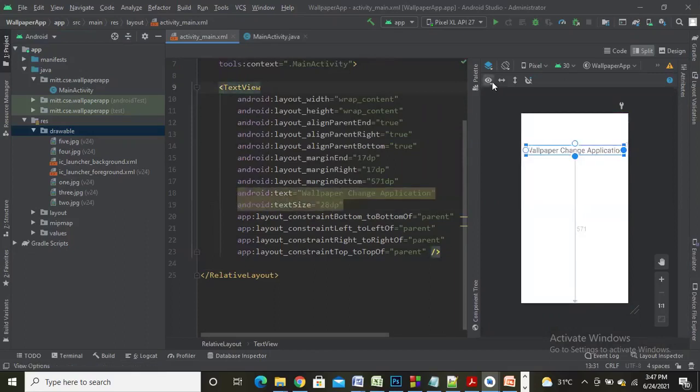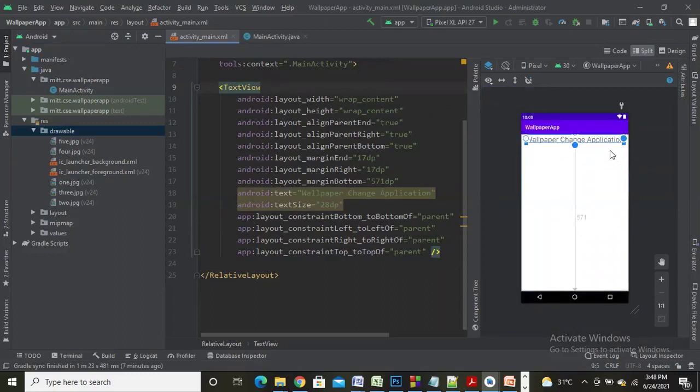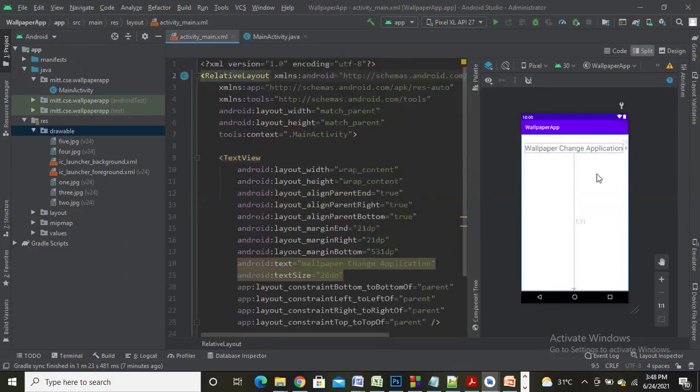So I'll change the view to system UI. Okay. And adjust this component so that it is going to be visible clearly. Okay, perfect. So the name of the application, I had written as Wallpaper Change Application.